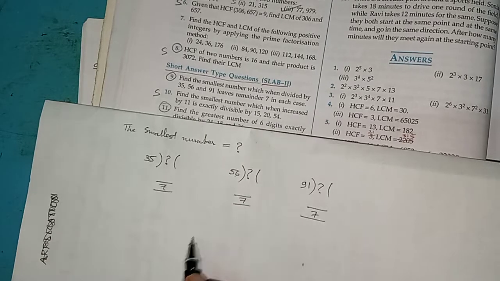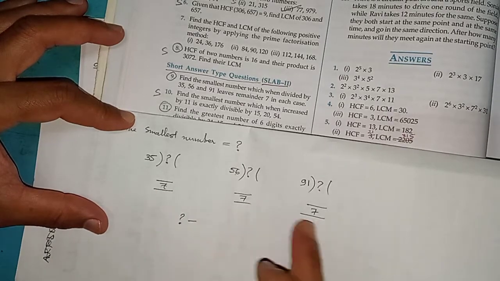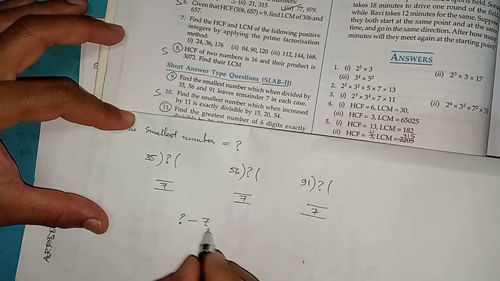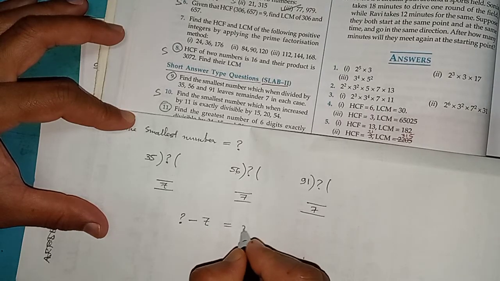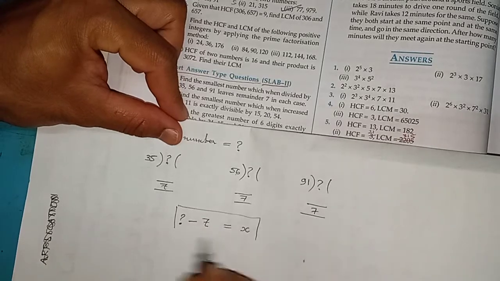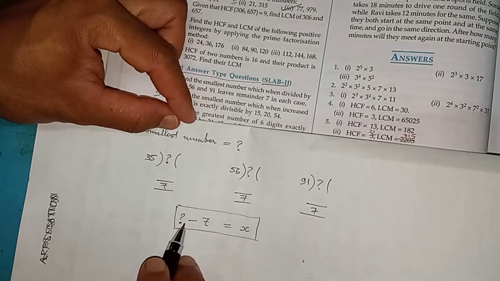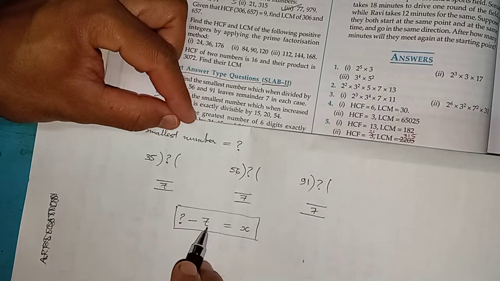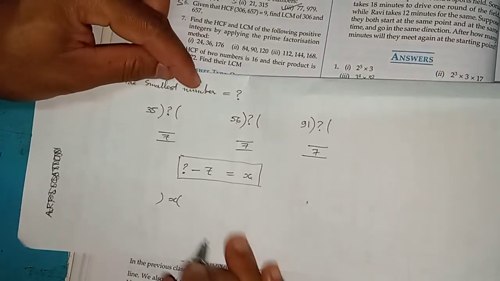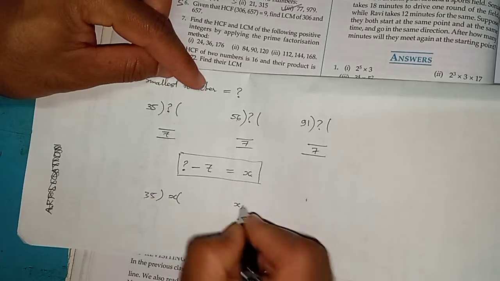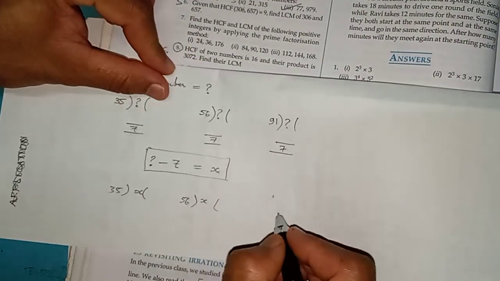So if you think very nicely, from that required smallest number, if you subtract these 7, because 7 is the remainder, say that new number comes, say, x. Try to understand. From that required number which you are finding, if you subtract the 7 beforehand, before you divide, because 7 was remaining, and say the difference comes x, now this new x, which is 7 less than the required number, when you divide by the same 35, by 56, and by 91,